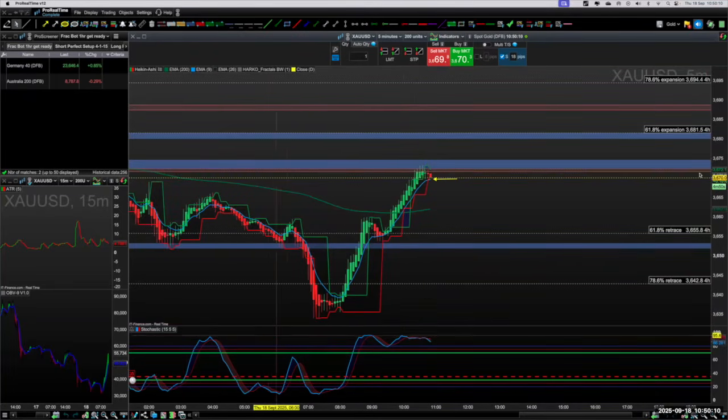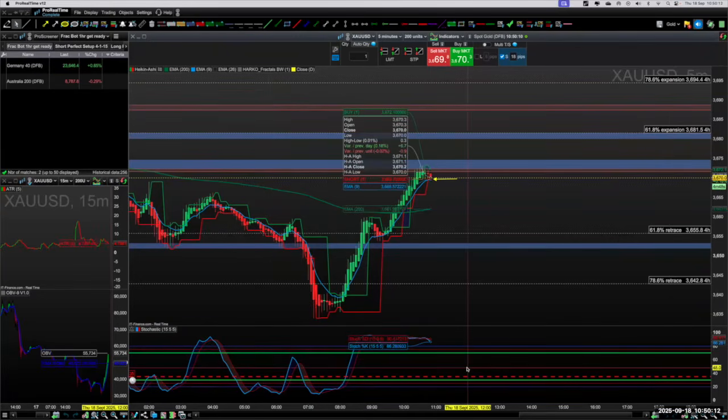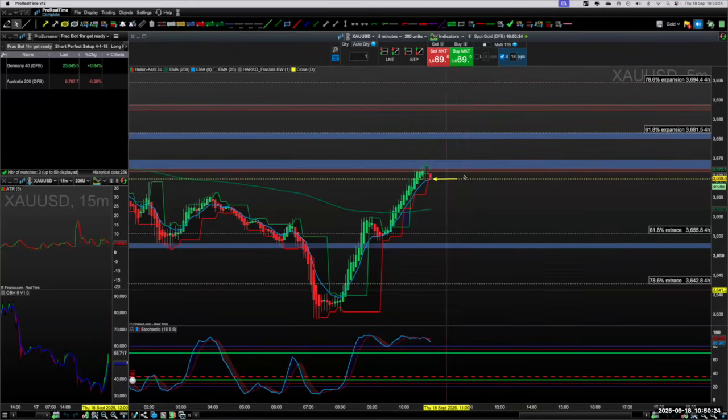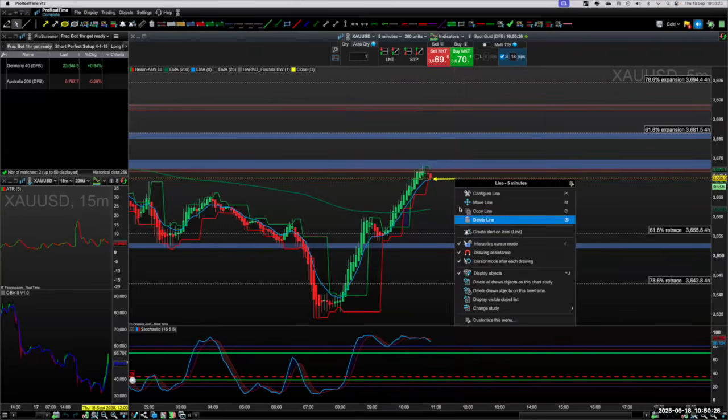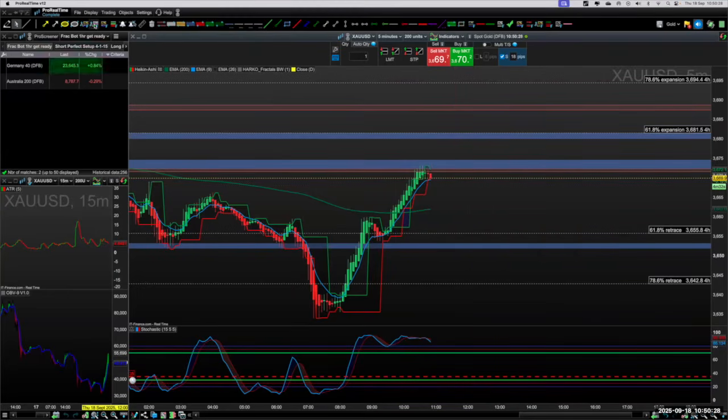I will get rid of a lot of this at the end. This is just what I do in the morning, or what everyone should be doing as a day trader in the morning, checking all the levels and everything, but then taking everything off that is a bit of noise so you've got clarity for your trading. So we'll use a Fibonacci expansion tool